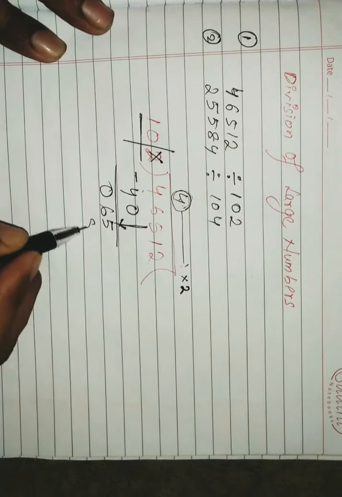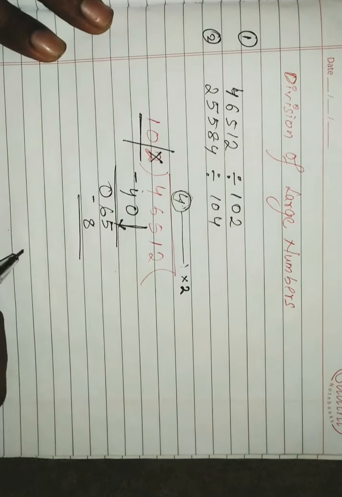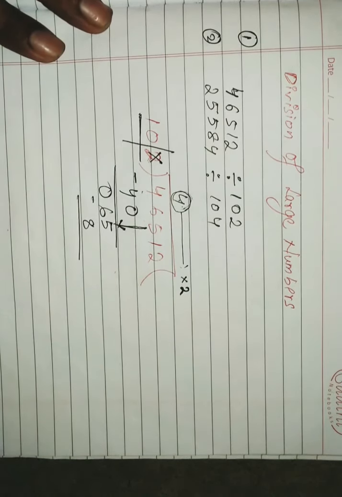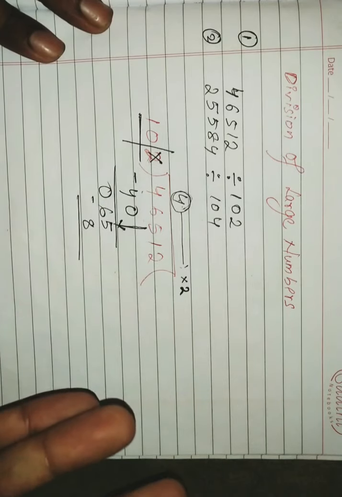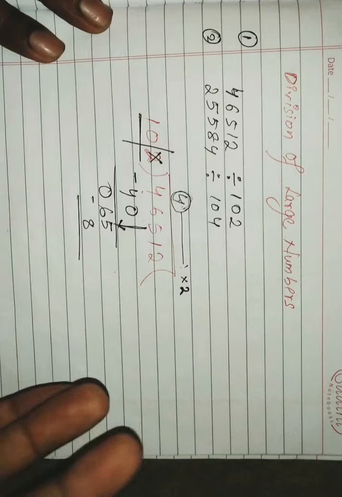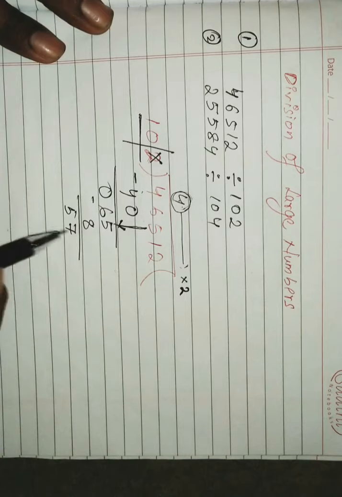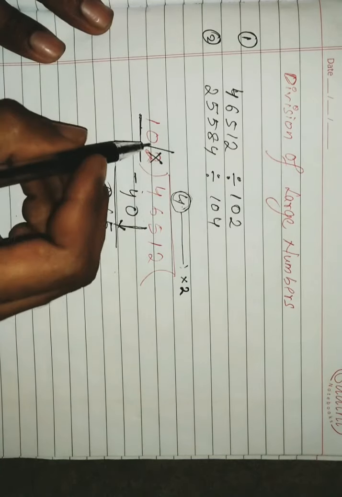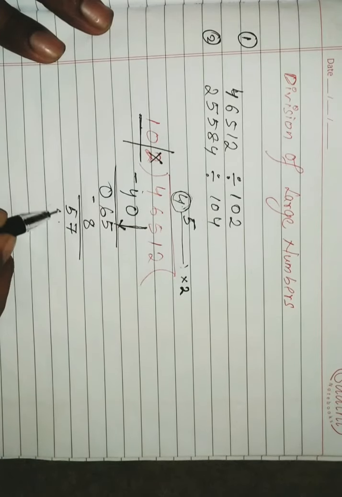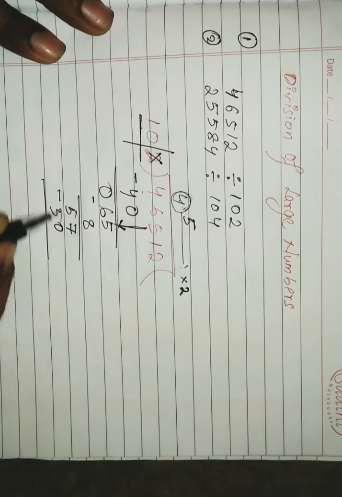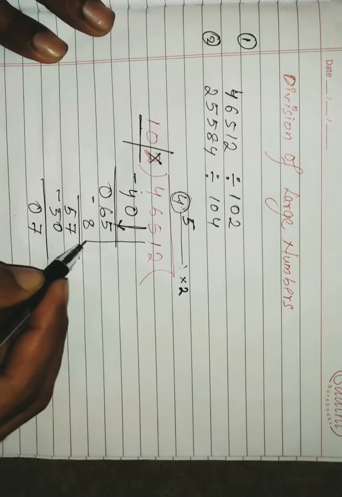So what do you get as the answer? 4 2s are 8. Now you have to subtract this 8. So 65 minus 8 is 64, 63, 62, 61, 60, 59, 58 and 57. So you get the answer 57. Now the arrow doesn't come. Now 57 can be divided by 10. So now 10 5s are 50. Now subtract, here 7 and now 0. Now you see the arrow comes again.